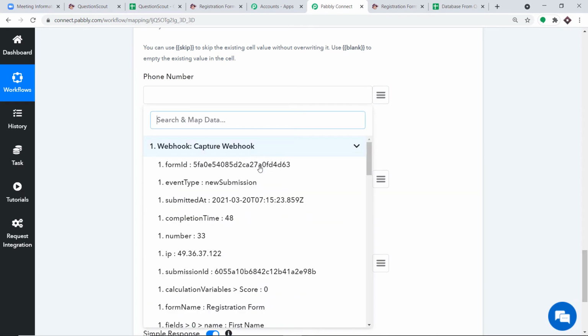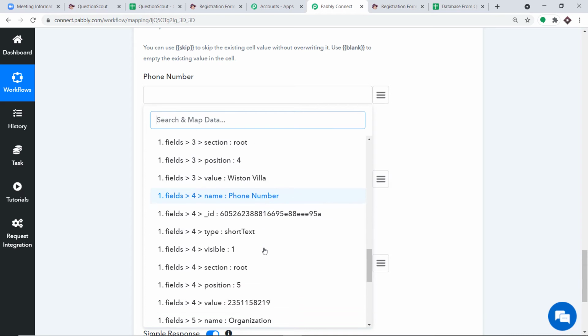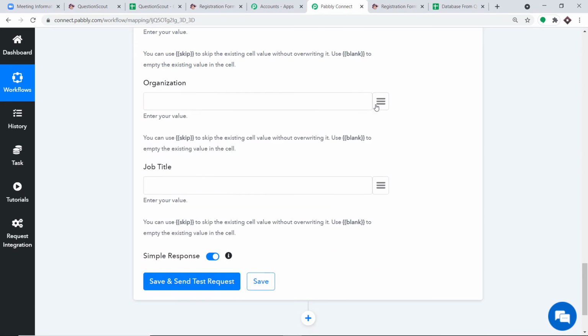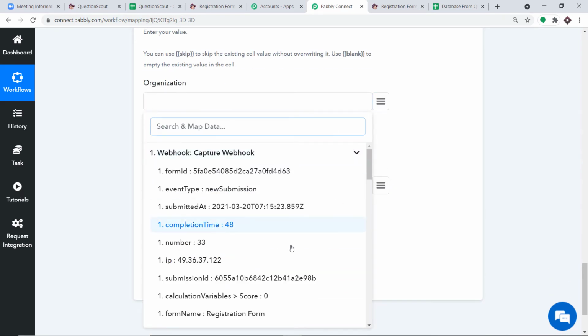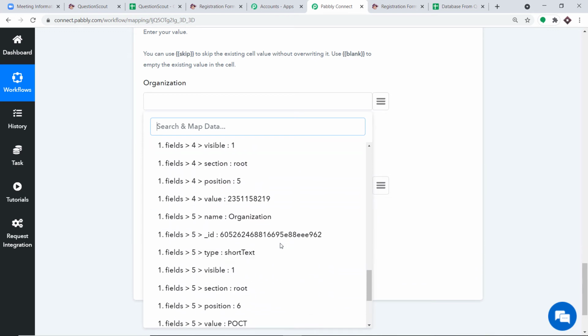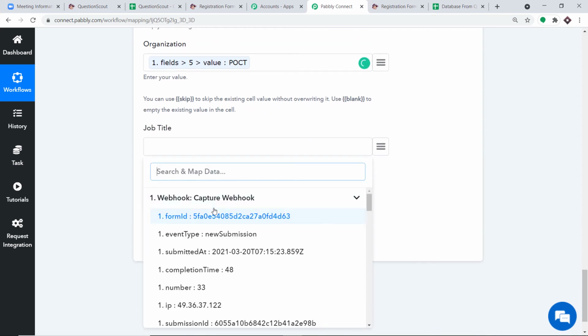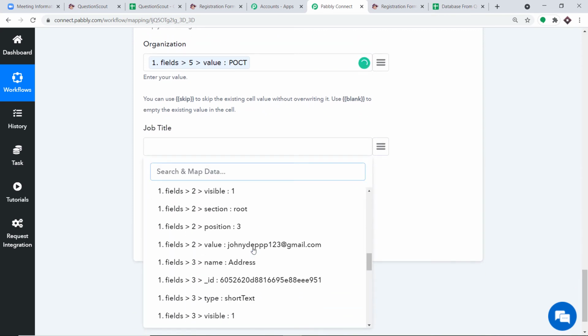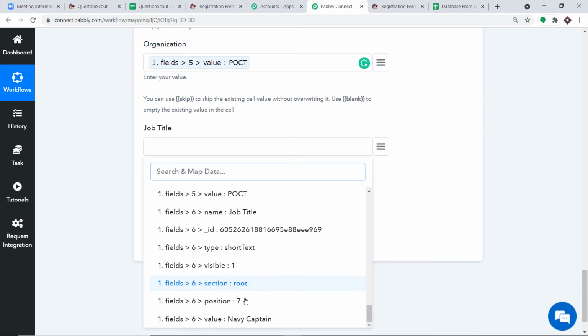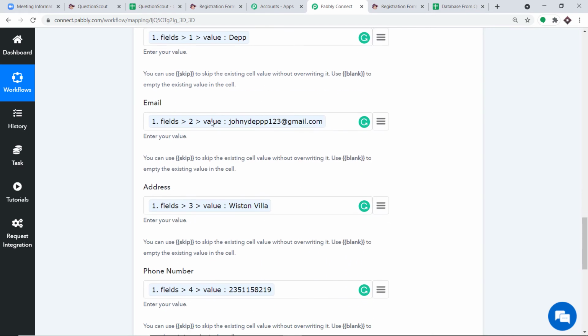Now the phone number was a bunch of random numbers. Yeah, we have mapped it. The organization was POCT, Pirates of the Caribbean. And then we have the job title. So he was a Navy captain, right? Okay, so basically we have mapped all the details.